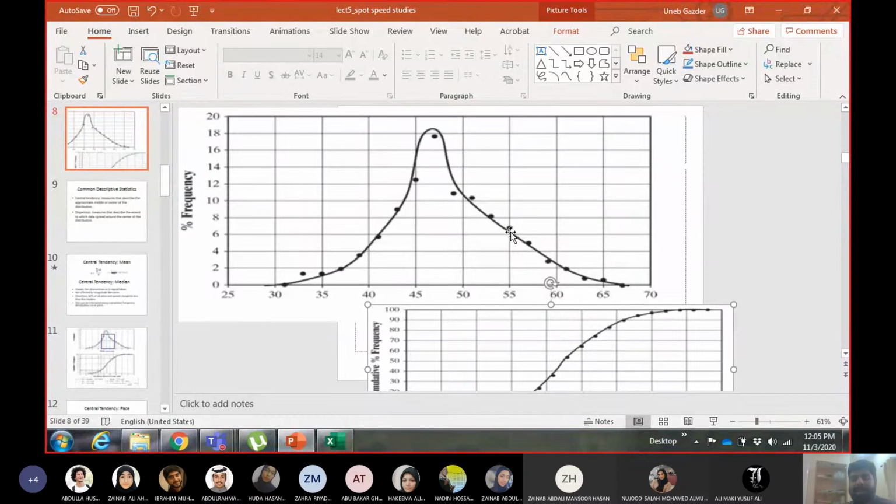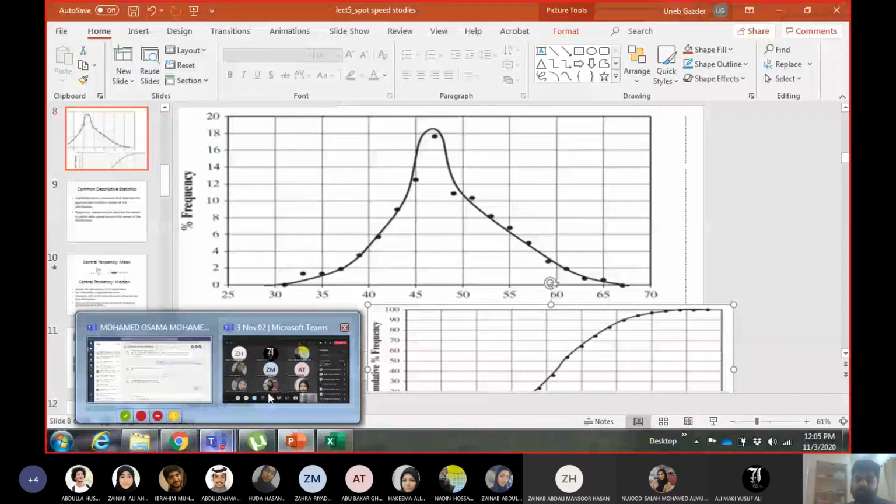And secondly, even if I convince the other person it's a symmetric curve, am I joining all the points through this curve or not? I'm not joining all the points, right? There are some points which are not on the curve at all, and some points which are just touching the curve. So we cannot say that this curve is passing through all the frequency distribution points of my data set. We call this sort of curve a best fit curve.